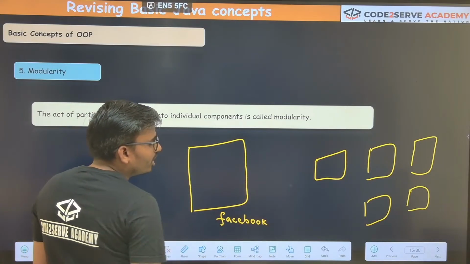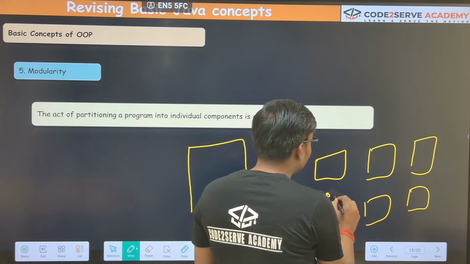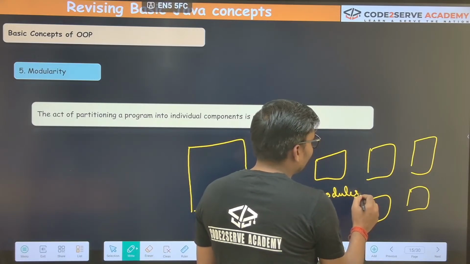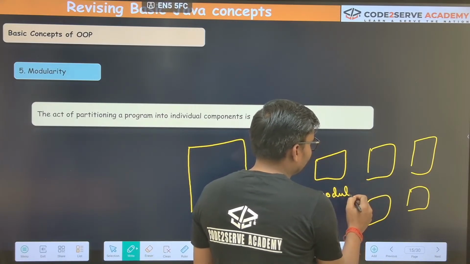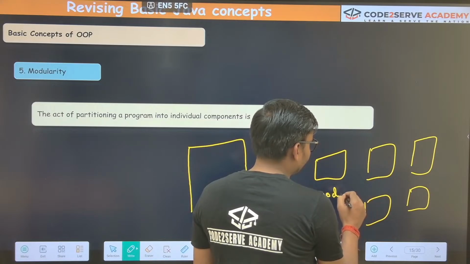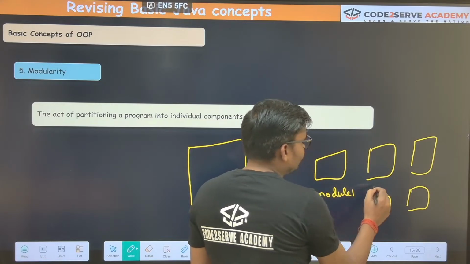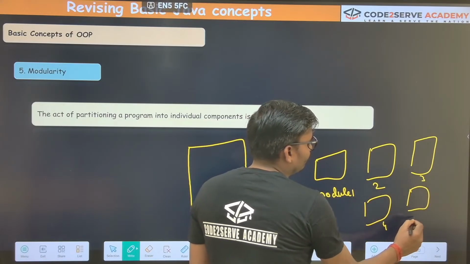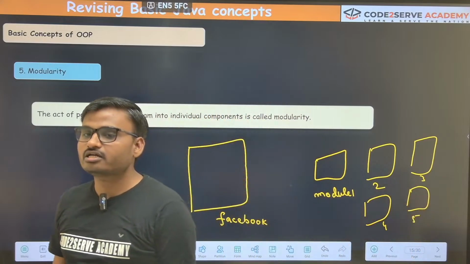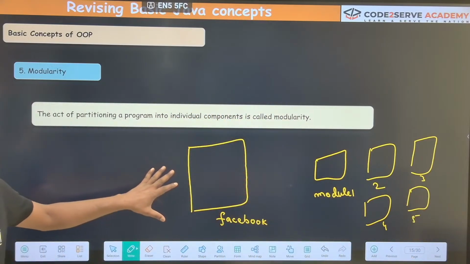These all are the modules. Module 1, and similarly 2, 3, 4, 5, there might be hundreds of modules to make Facebook.